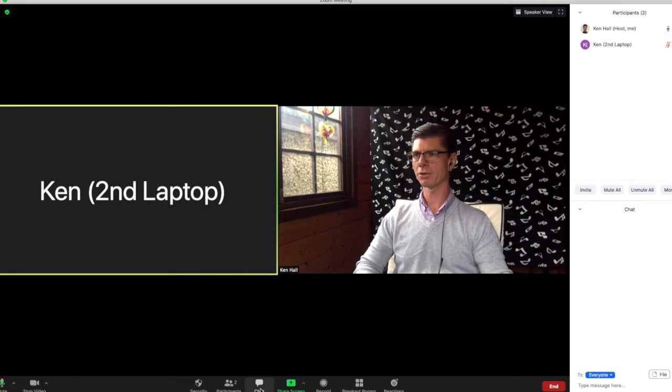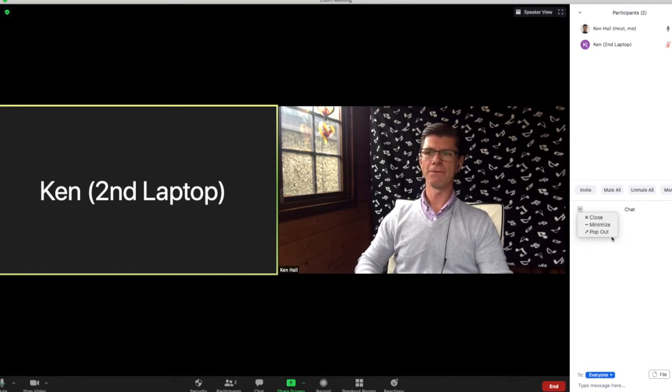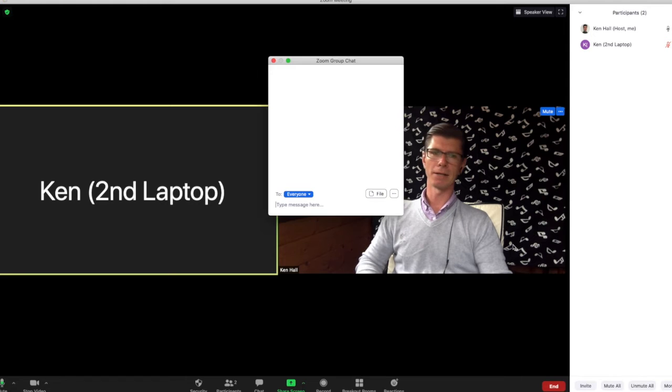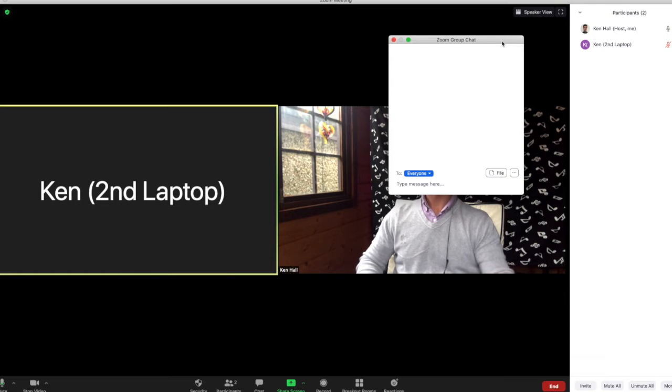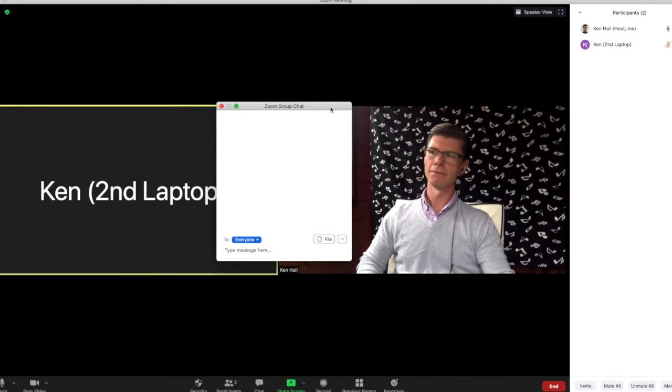If you click the chat function, that will pop up in a box over on your right hand side. If you are in screen sharing mode, then it will pop up as a separate box that you can move around, giving you a bit of flexibility to place it wherever you feel is going to be great for your environment